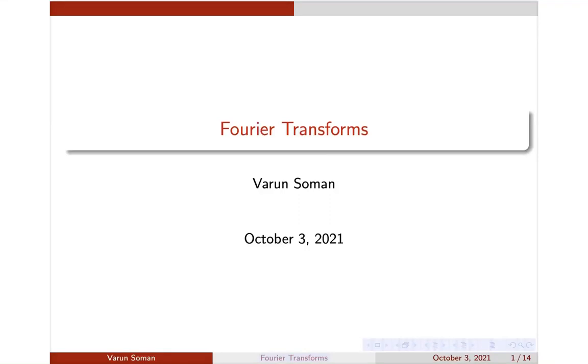Hi, in this session we will deal with Fourier transforms. In the previous session we have done Fourier integrals. So Fourier transform is actually a special case of Fourier integrals. You are obtaining the Fourier transform from the definition of Fourier integrals only. So if you know the definition of Fourier integrals, the Fourier transform will also be easy to calculate.